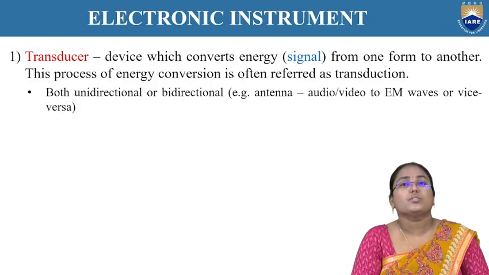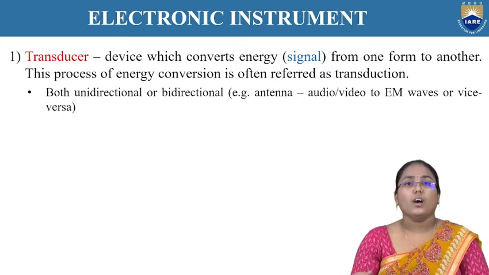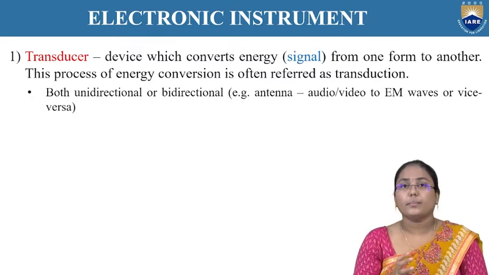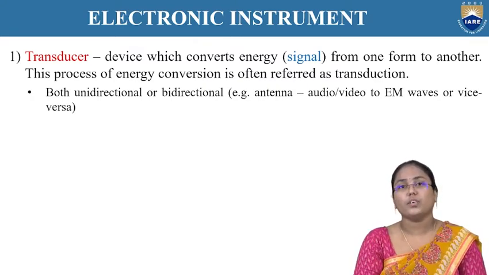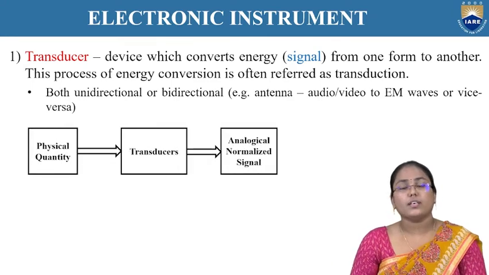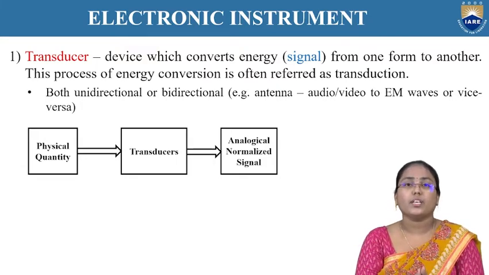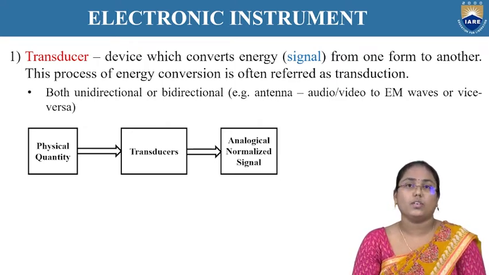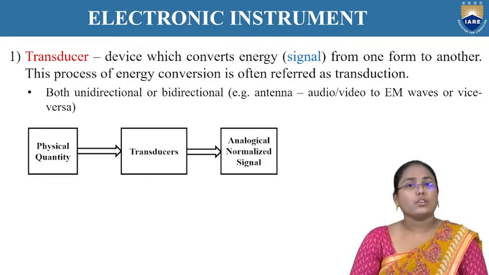So in today's topic, let us start discussing the block schematic of a typical electronic instrument and the performance characteristics of an instrument. The transducer we have discussed in the previous one, so let us recall it once again. A transducer is one of the major blocks which converts one form of signal to another form. Whenever we see a real environment, the particular instrument we are considering might take the input only as a voltage or current or any other known form, and then the processing can take place.